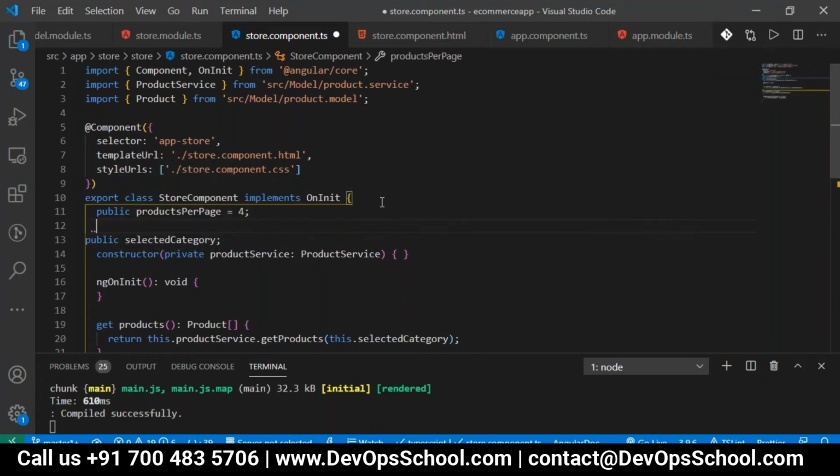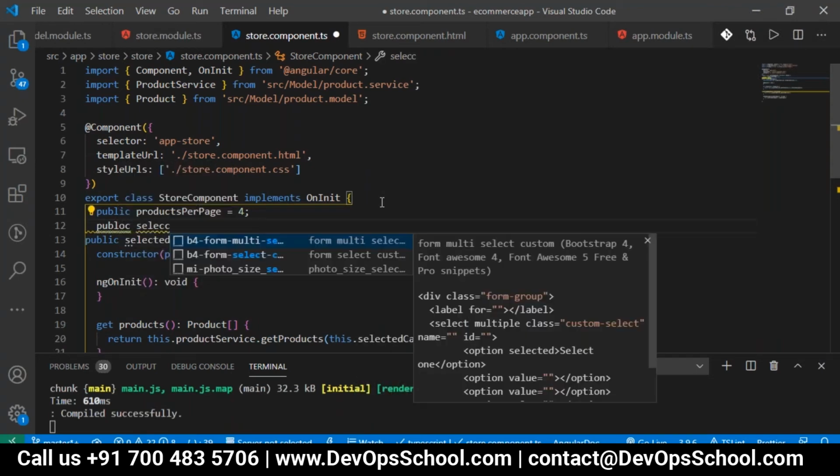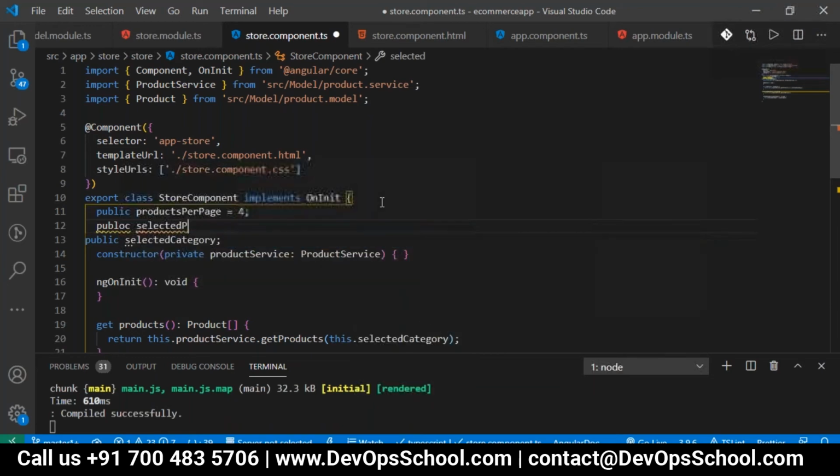I want 4 products per page, so that's what I'm writing. And public selected page will be 1. By default, the selected page will be 1. So I just defined here the public selected page, which is 1.